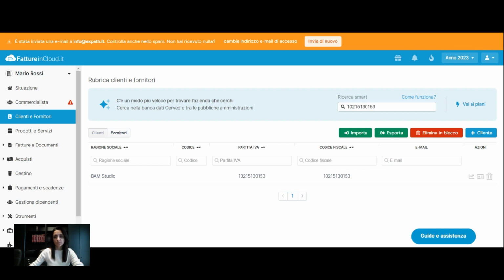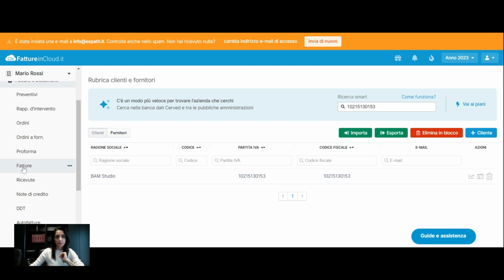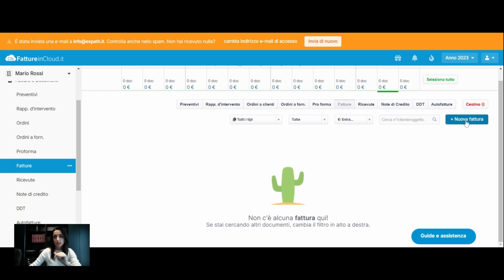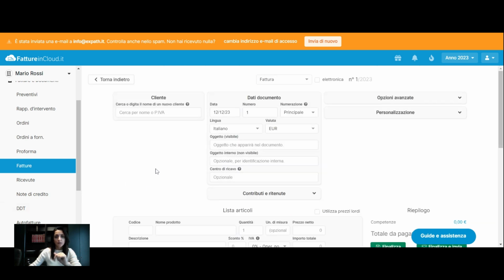Now let's get to the main part of this tutorial, which is how to create an invoice. So now that everything is ready, now that we've set our settings, now that we've uploaded our clients in the customer registry, let's go to Fatture Documenti. And here let's choose Fatture, which stands for invoices. Okay, right now this is empty because we haven't invoiced yet. This is a new account. But anyway, now we want to issue our first invoice. So let's click on Nuova Fattura here in the blue button. Okay, this is what it looks like. And you will have to fill in every single part of this